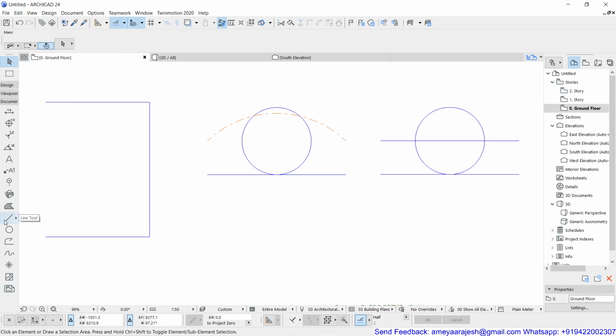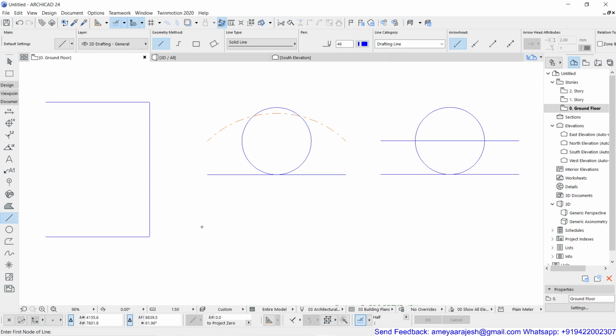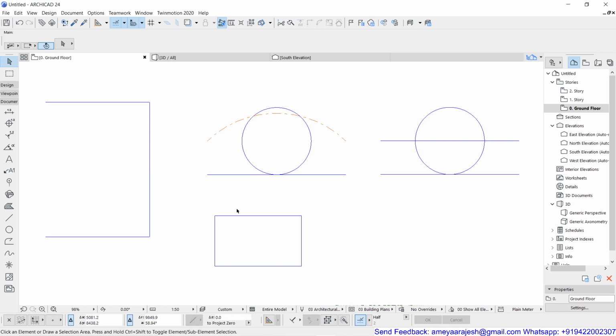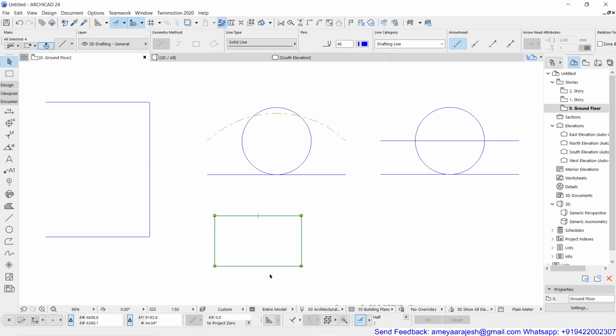What used to happen is, if I'm using a command where multiple segments or elements get drawn in one go, for example in the case of the line tool, if I use the rectangle and place one rectangle, say 2500 by 1500, you will realize that if I use the arrow tool and select this object, this rectangle is by default working as a group.